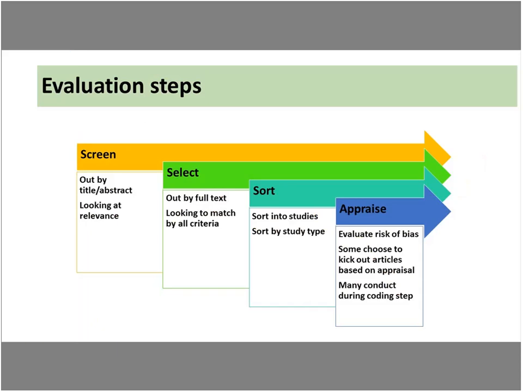We talked about screening by title and abstract, and then selection by full text. A lot of the experts differentiate between using the word screening, which is just when you're looking to see, should I bother reading the full text? So you're looking for reasons to kick it out, not reasons to keep it. And then selection is by full text, and that's when you're looking to see that it matches all of the criteria. And so usually I need to have that conversation with the researcher